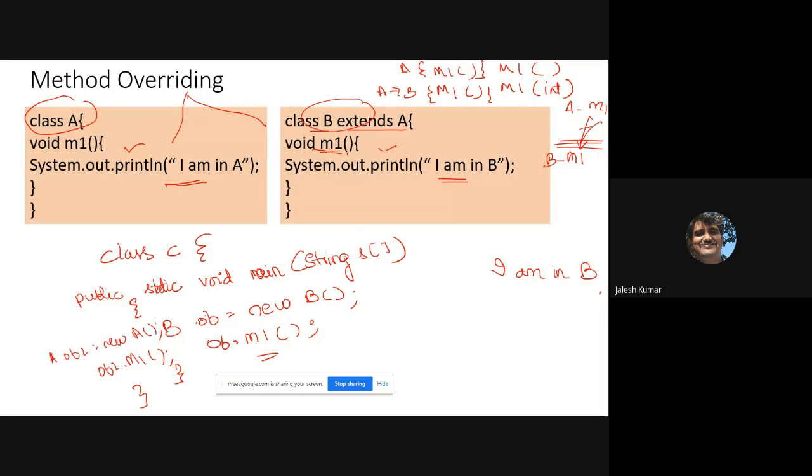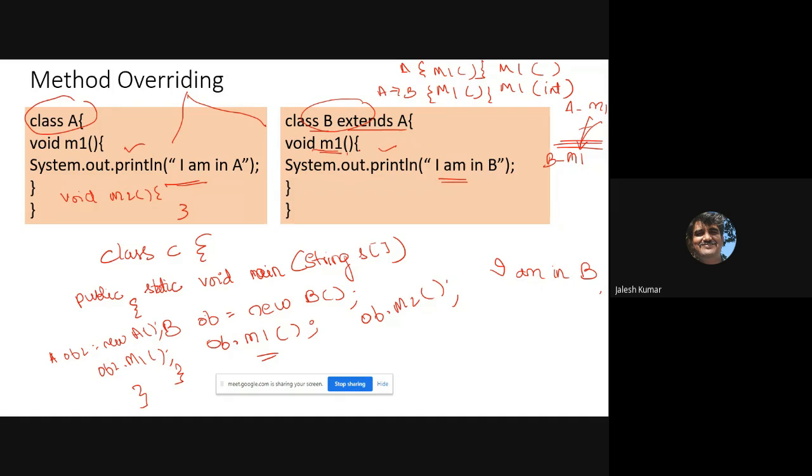But if we have another method like void m2 inside class A, and I write ob.m2, it will invoke, is it not? Because as B extends A, all the properties of A will come to B. But m1 also comes, and it will avoid that m1. That concept is called overriding.